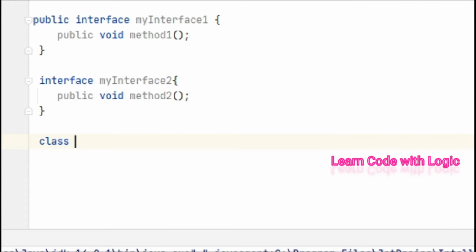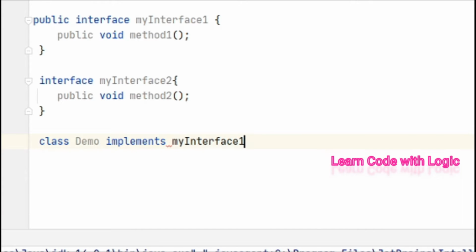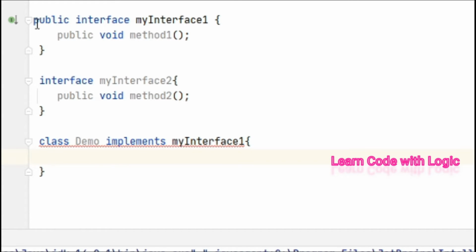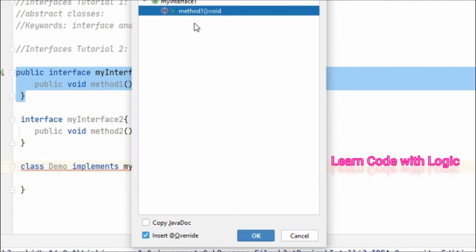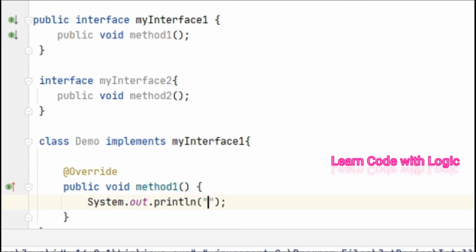Let's have a class here, say Demo implements MyInterface1, right? So what we are doing here is implementing only the first interface. In that case, it asks for only one method. Just implement the method, say first method implementation.